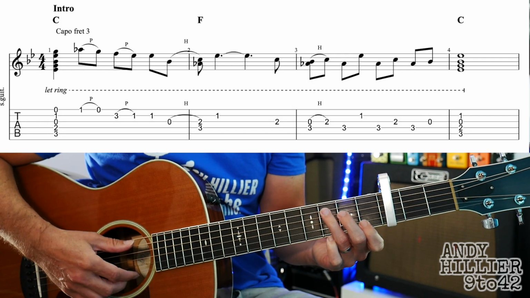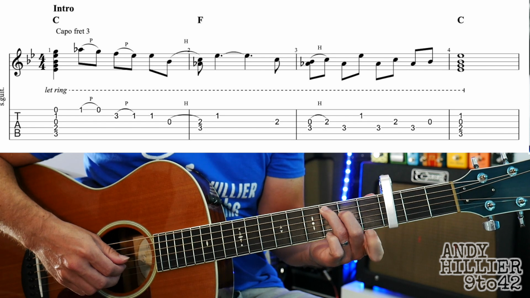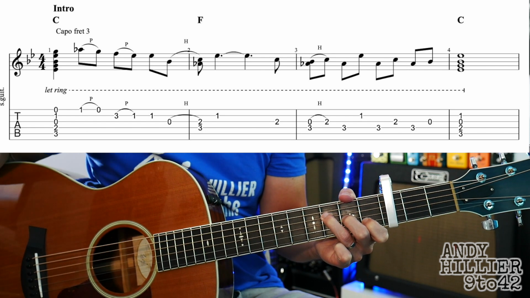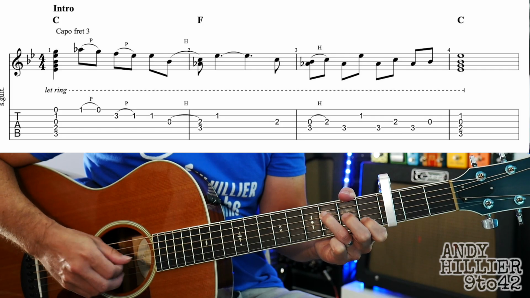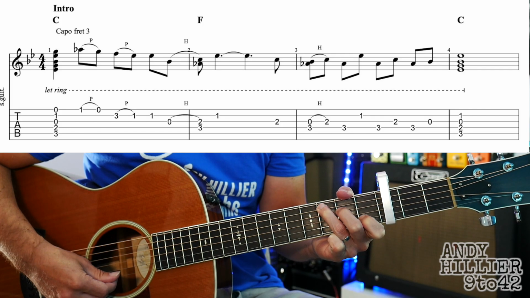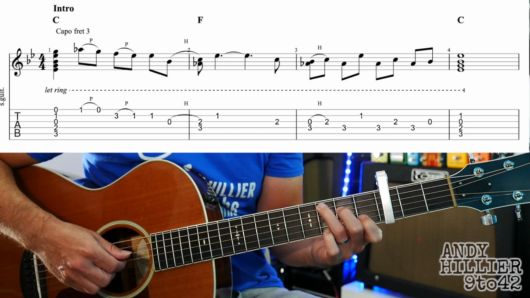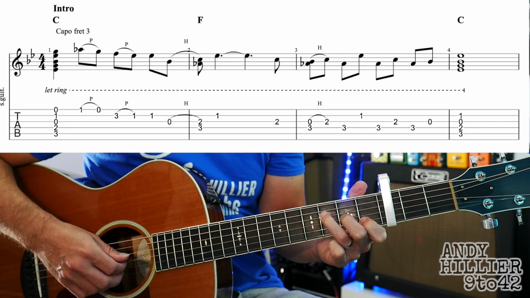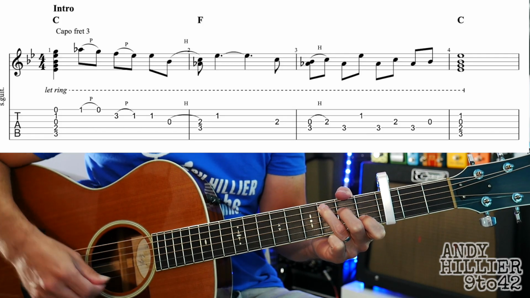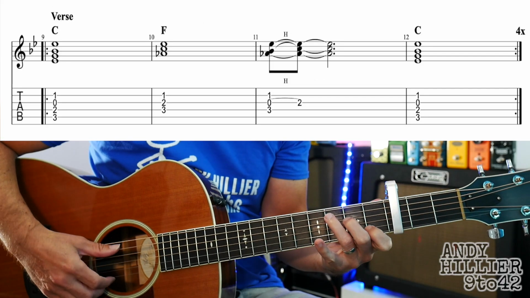So let's try the whole of that line really slowly. Here we go, it goes. And up to speed. So that's the intro. Now the verse is just the chord C